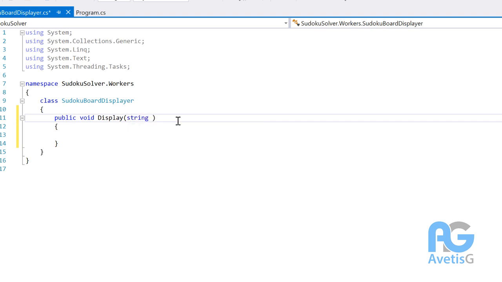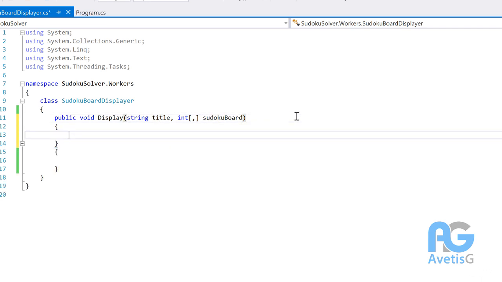I will then have a method saying public void Display, and that will take in some arguments: string title, and int Sudoku board. So it's going to be the title, whatever title we want to give it, and then the actual Sudoku board, so we can go ahead and print that out. And actually I don't need this block, so let me take that out, and I will say if the title is not an empty string,